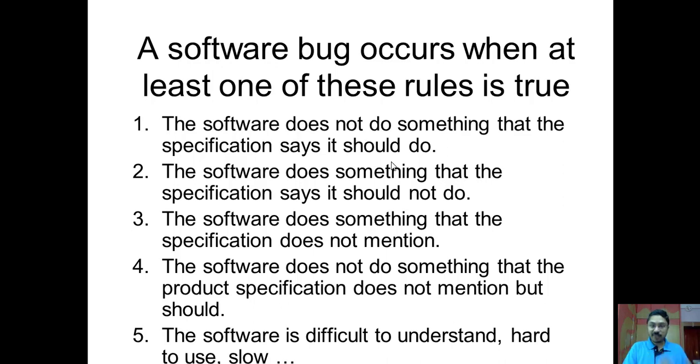In the specification it is clearly mentioned that the authentication should be done on two levels. First, what should you know? That means the password. And what do you have? That is the OTP with the valid mobile. So that is the feature that should be there in the software. This is what is mentioned in the specification.